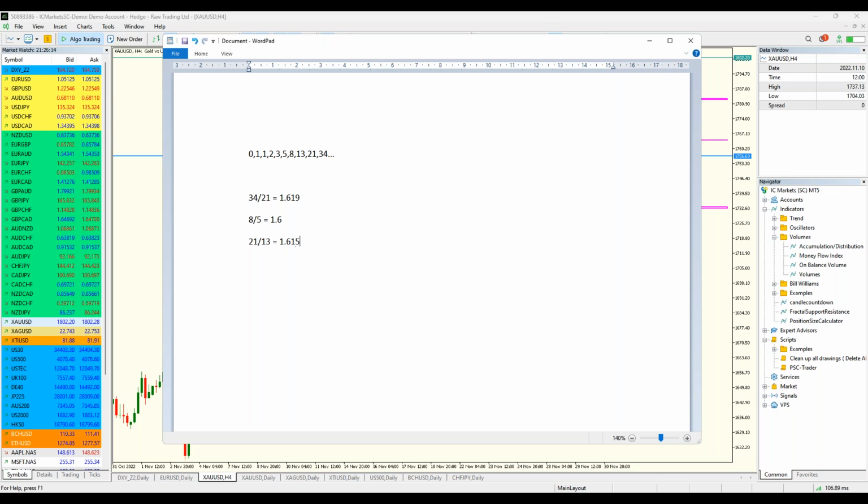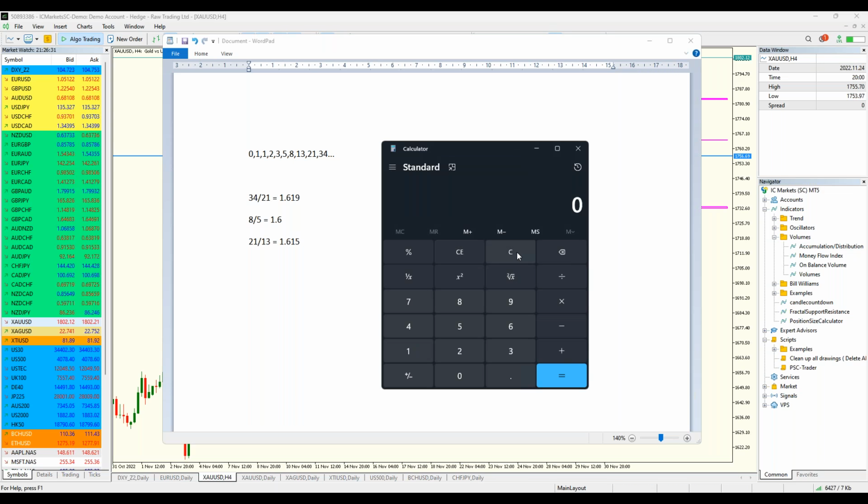Okay, so basically they tend to work around 1.6. That's really what they're working to. It's almost like pi. As we get that, it gets even more interesting. If I now take 34 and divide two numbers on as well, we also get proportionate figures there. So let's try 34 divided by 13,